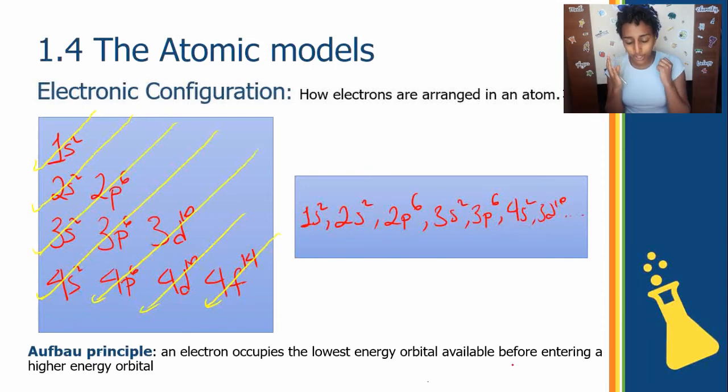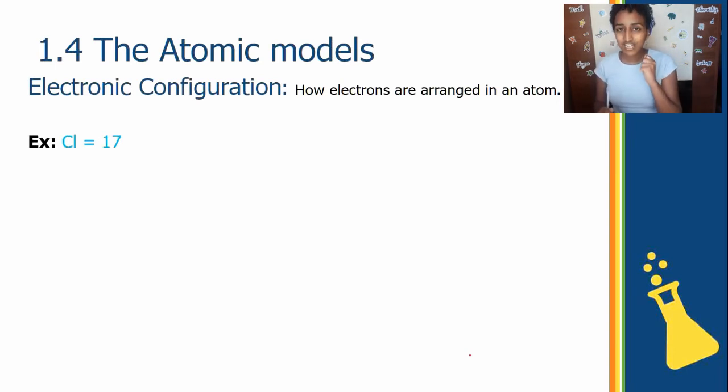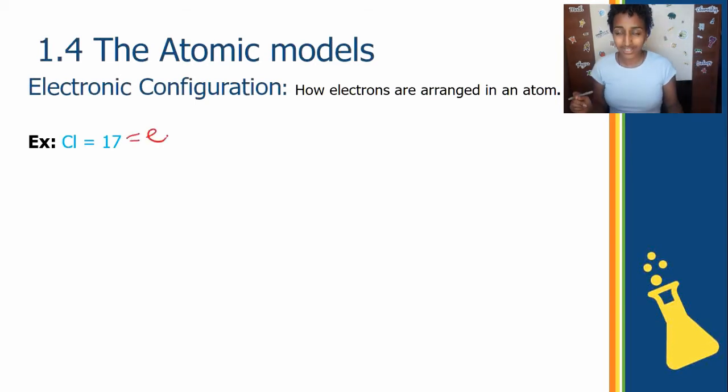Now, a good way to understand how we can actually use this is obviously with an example. Let's use chlorine. Chlorine has an atomic number of 17. Now, remember, atomic number is the number of protons, but it can also be the number of electrons. Let me just tell you that this chlorine is stable, it's neutral, so the atomic number 17 also can be used for the electron number. So we say 17 is the number of electrons, okay? It's also the number of protons, but we don't care about protons right now. We're looking at the electronic configuration.